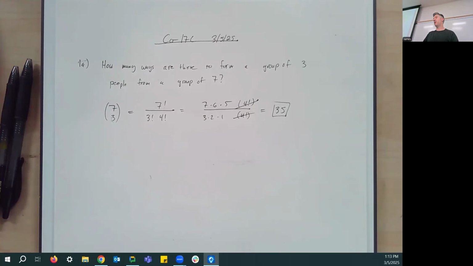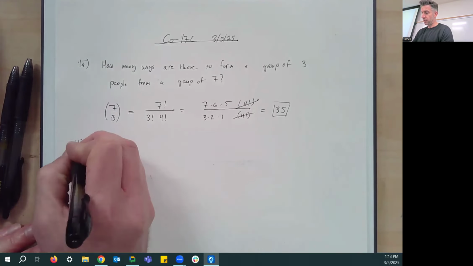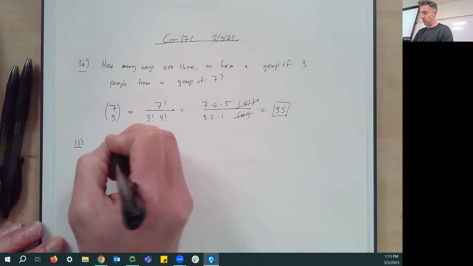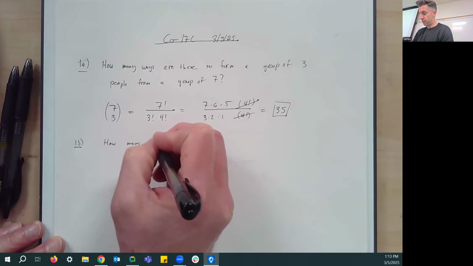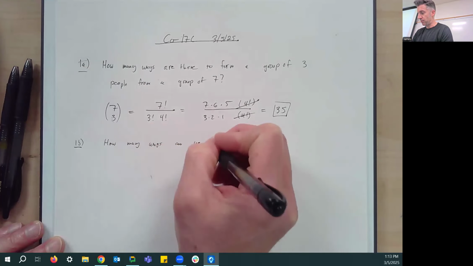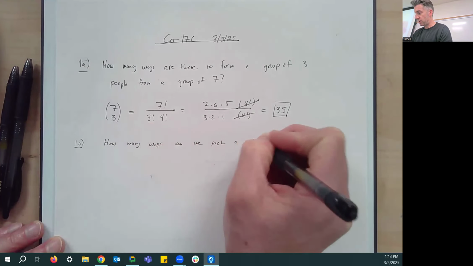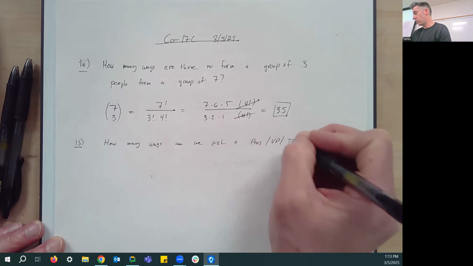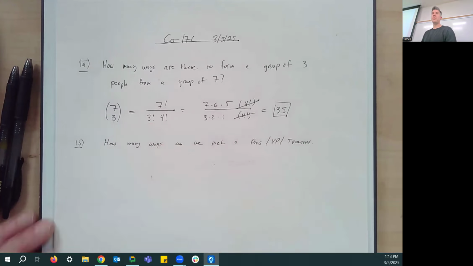Just to contrast that with the other thing we were talking about last time, which was permutations. If on the other hand, I asked how many ways can we pick a president, vice president, and treasurer? Well, then it matters what order we're picking the 3 people in, right? It's not just we pick Alexa, Nathan, and myself, and that's good. We also have to describe between the 3 of us who's going to be what, and there's 3 factorial ways